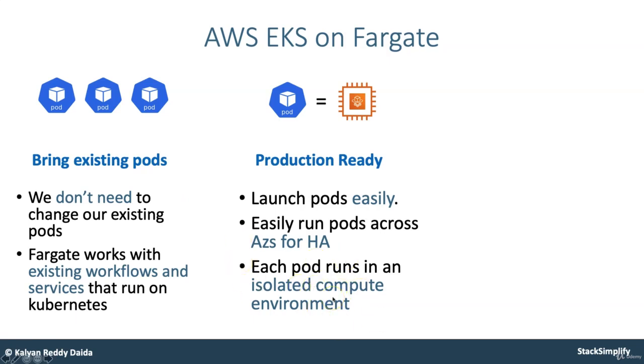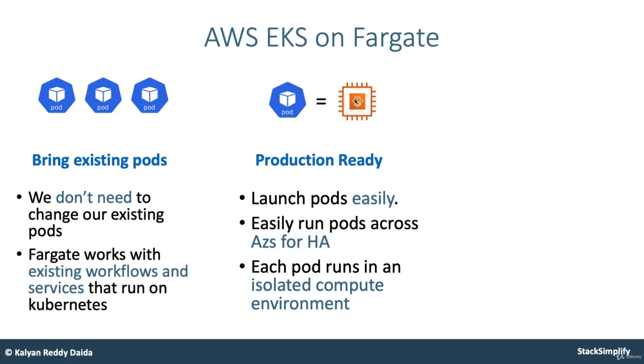We will stress this point multiple times in the upcoming hands-on lectures: one pod is equal to one EC2 Fargate instance in our EKS. Whenever we launch a pod, it generates an EC2 Fargate instance automatically in the background. Whenever you run kubectl get nodes, if you have deployed 5 Fargate pods, then you will get 5 EC2 Fargate worker nodes available for you, and you can see that using